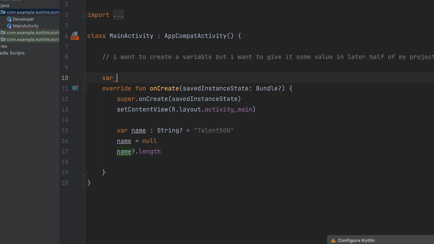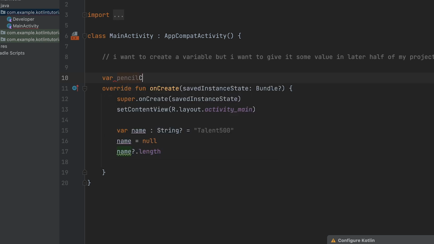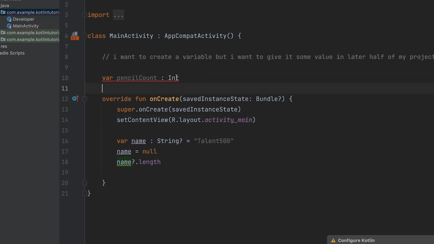So if you simply do it this way, pencilCount, let's say the variable name is pencilCount and the type is Int. So here you will see it is expecting something from me. Property must be initialized. It is saying you should initialize the property.